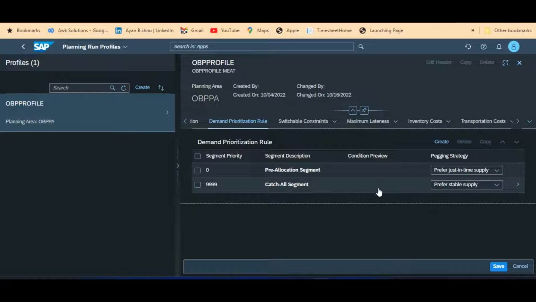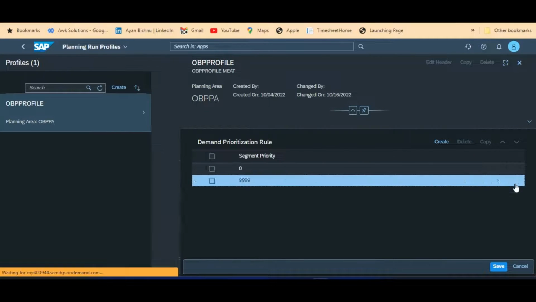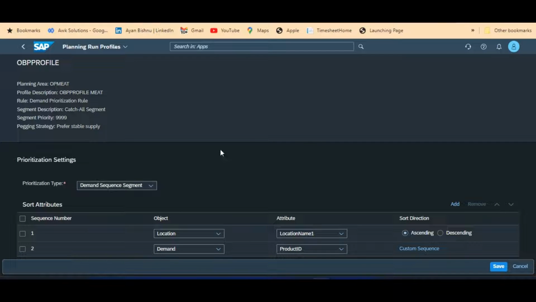Each of these segments I will give predefined priorities so that the finite heuristics or the optimizer looks into that. For this purpose, I have just created one, which is by default the catch-all segment, wherein I have given some basic rules: the demand should first be sorted based on the location, and after that based on the product ID.